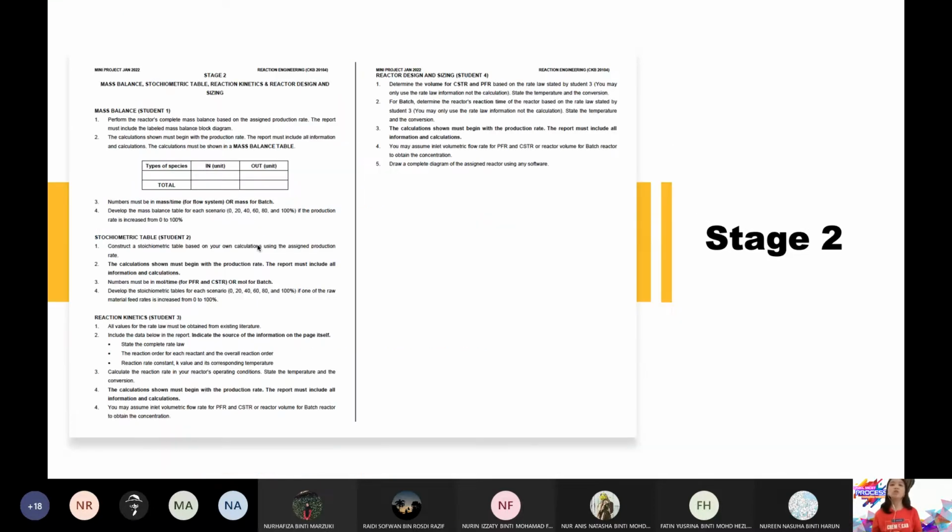Right. So stage 2 is the same. Because in stage 2 you can see each student has their own part. Very clear. So let's say you are student 1 in stage 1, you are student 1 in stage 2, student 2 in stage 1, student 2 in stage 2. You still maintain the number, you follow accordingly when you are doing your mini project assessment.